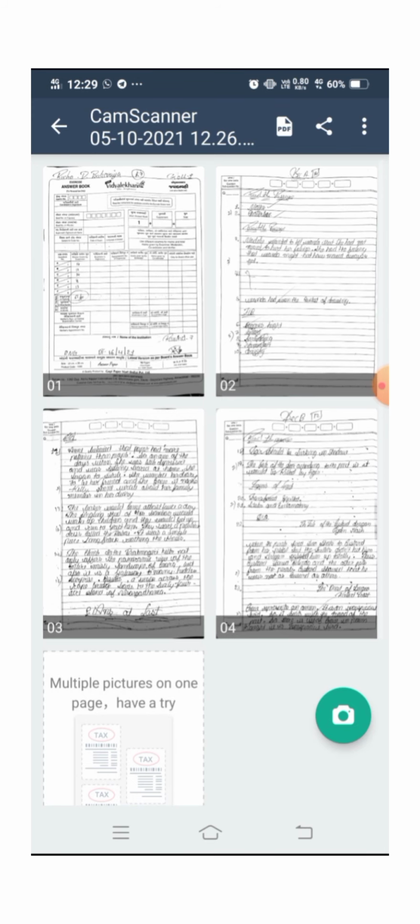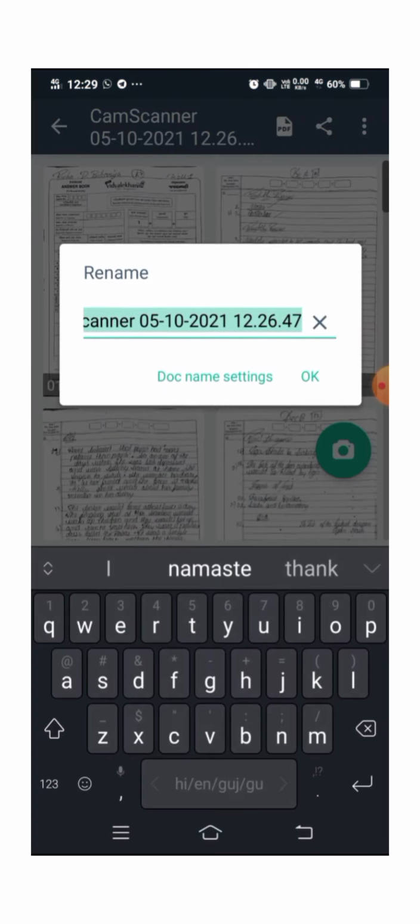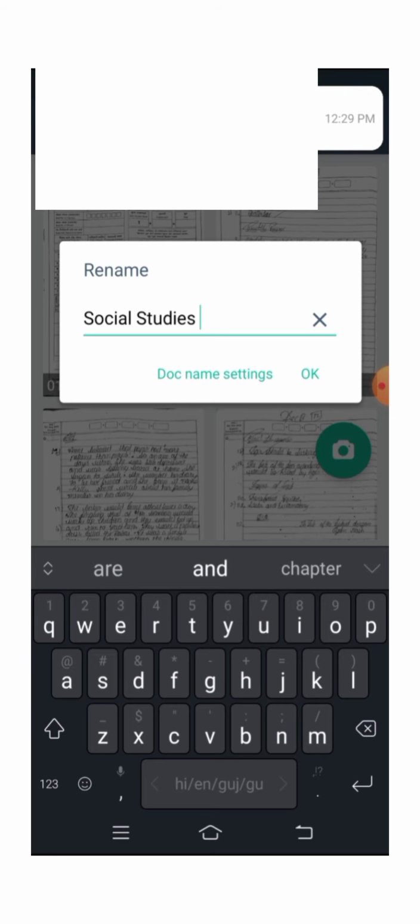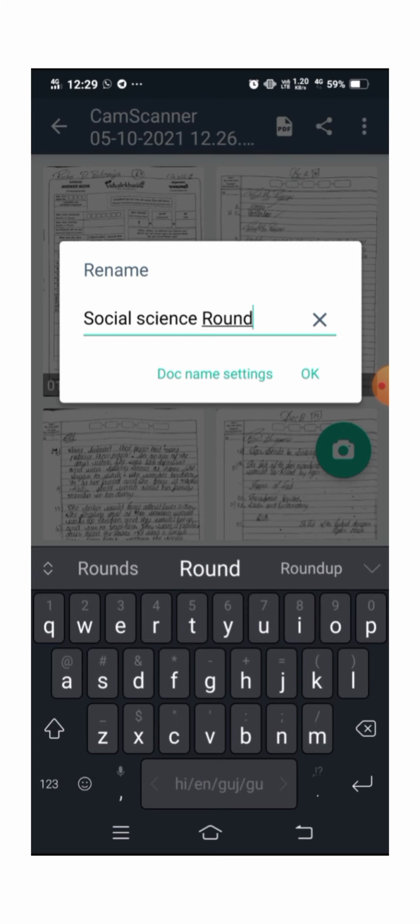Once this is done, the most important thing is to rename the PDF. So I'll click over here. For example, this is my social science, so I'll write social science or social studies. Okay, I'll write social science round 7.